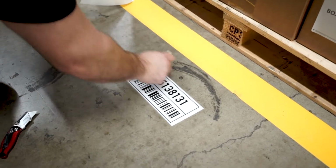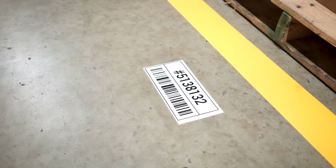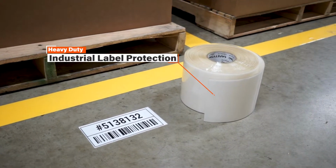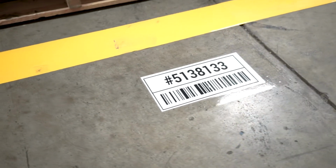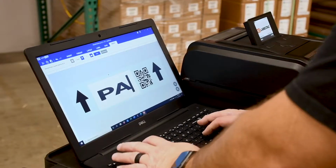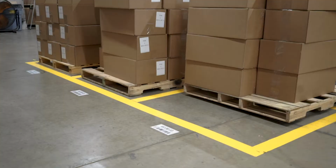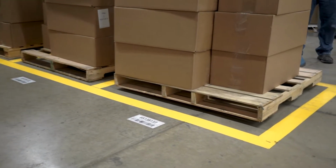For even more harsh, high-stress environments, heavy-duty industrial label protection adds an additional level of defense, so your floor signs remain clear and visible for years to come. LabelTac printers, together with industrial label protection, allow for custom floor signs that can be printed on demand, keeping your